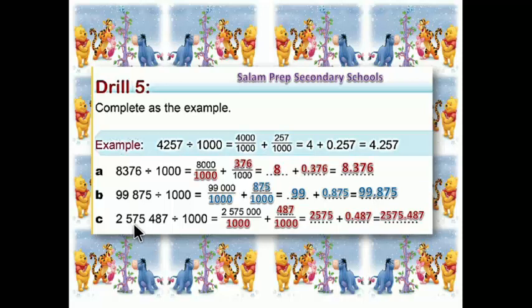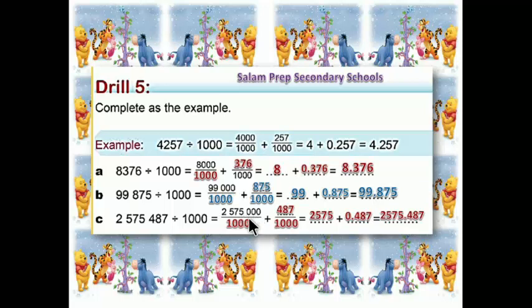Now we need to expand this number, but take care. Remember, 1,000 has 3 zeros. 0 in units, 0 in tens, 0 in hundreds. So we need to expand this number and keep 0 in units, 0 in tens, 0 in hundreds. So the number is 2,575,000